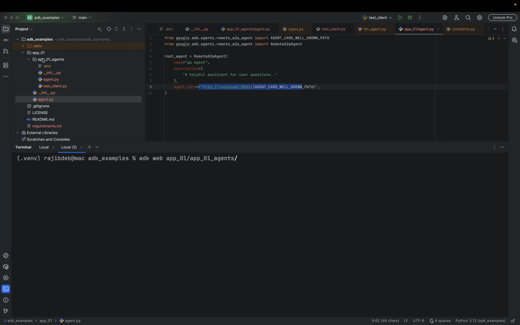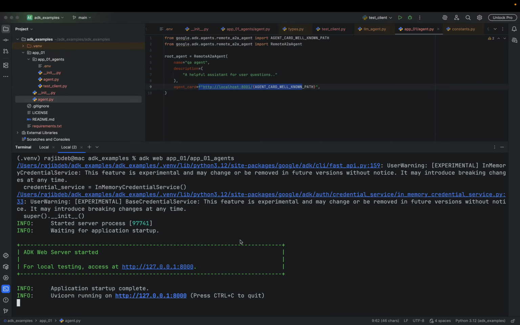This is the remote agent. This is what we need to interact with if an external application is trying to use this agent. So if I go to the web debugger now,